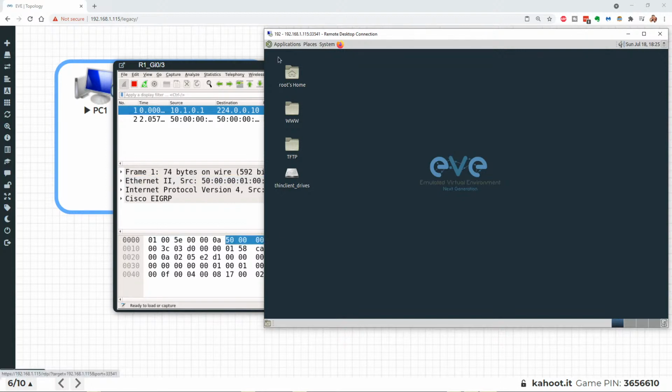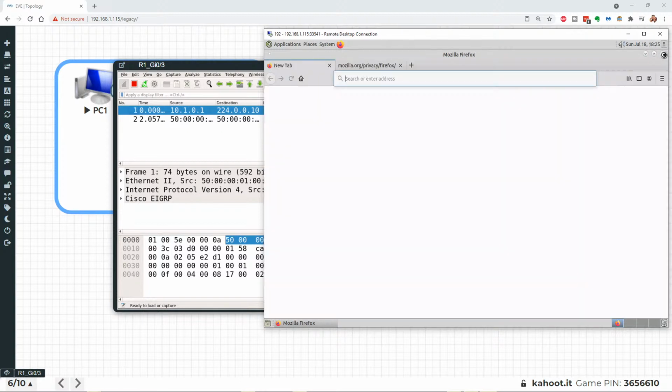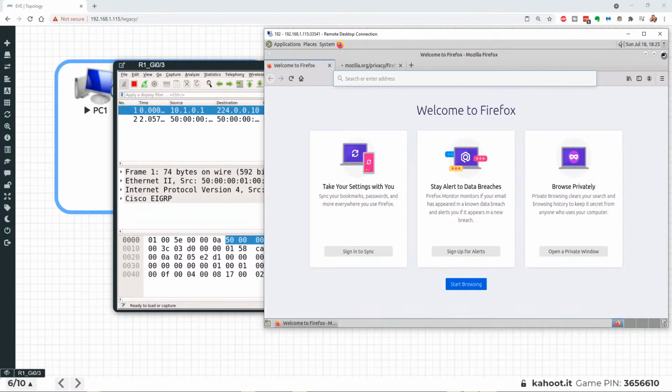But I want to show you this packet capture. So let's go to, not a browser. Keith, what are you doing? I don't want to go. It's going to bring up a browser. I don't want the browser. I'm going to close the browser. There we go. Close that window.